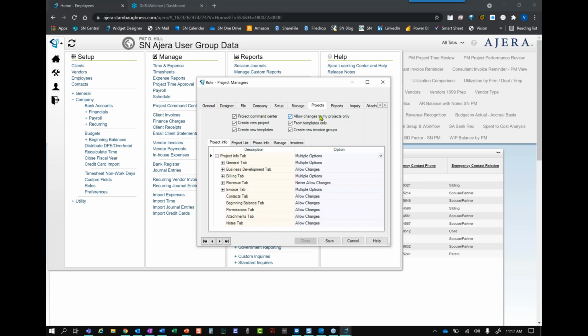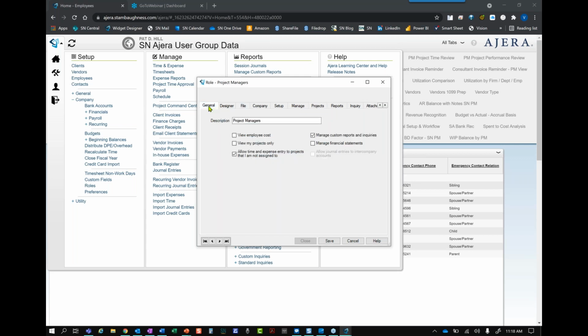This particular box is looking at the top project level only. So if you have multiple project managers on a project, the only one that will be able to make changes to that project is the person who is assigned as PM at the project level. So for a lot of firms, this just won't work because I have multiple PMs engaged on the project and I need them all to be able to maintain their pieces of the project. So really important to understand the difference there.